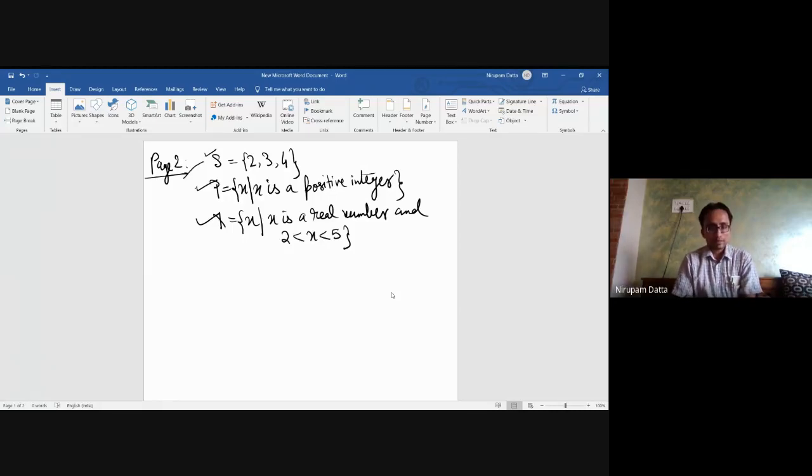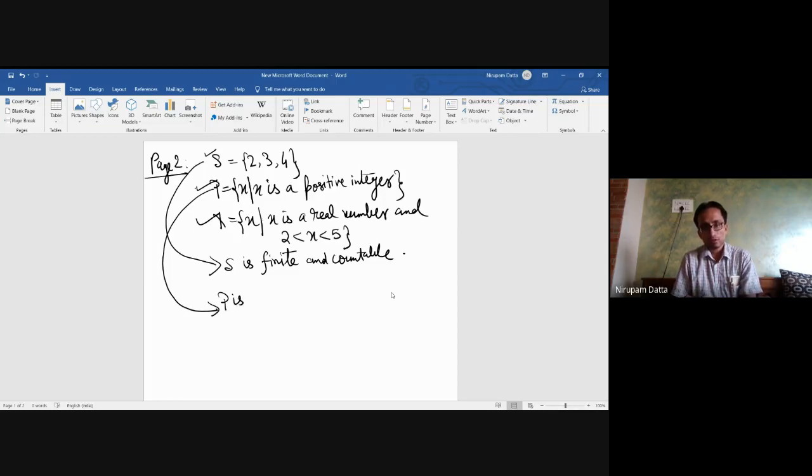So in the first case, that is in case of set S, S is finite. It's a finite set because it contains a finite number of elements, and countable because you can count all the elements of this set. Second set P has an infinite number of elements, so set P is infinite and countable because you can count the positive integers. Third set X is infinite because it has an infinite number of elements, and uncountable